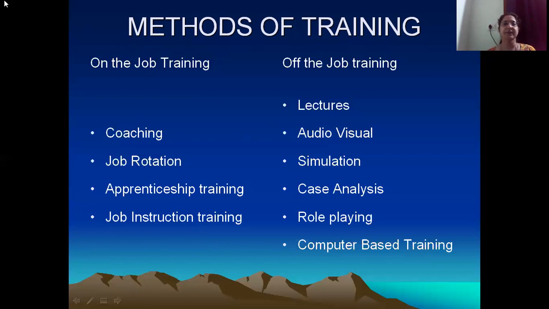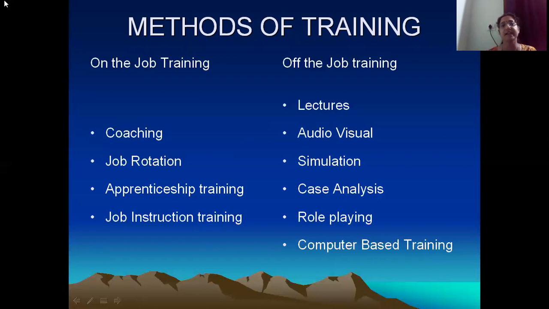Take an example of McDonald's. McDonald's trains its interns on the job, on all aspects related to restaurant management, on how exactly to make those burgers, how to make those burger patties, how to fill those burgers, how quickly you can move from one process to another process, how to operate the various machinery related to the fast food. So all these things they are learning on the job.